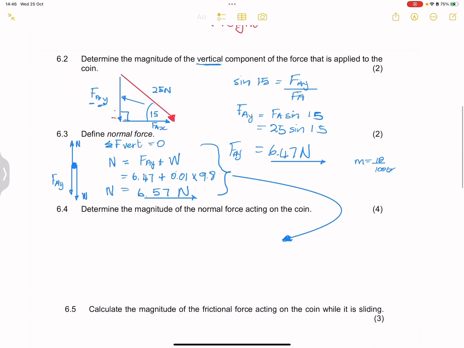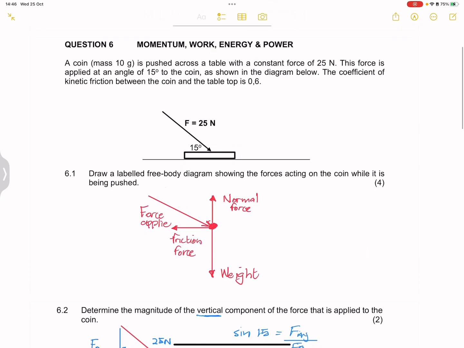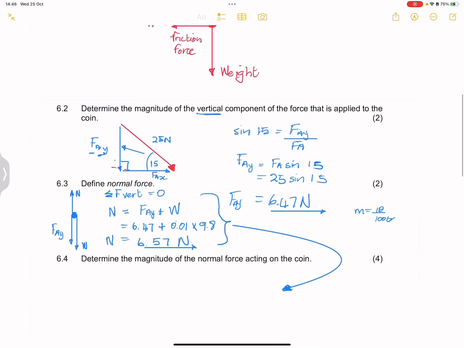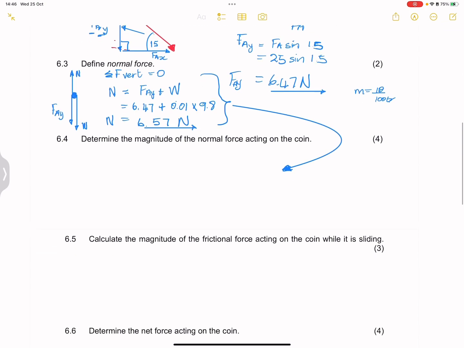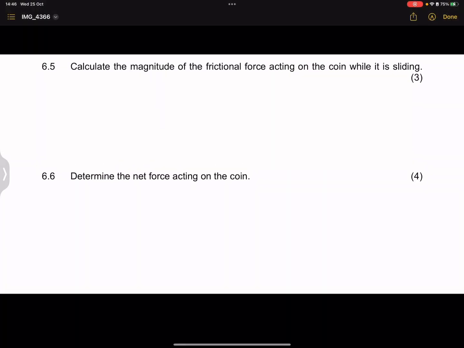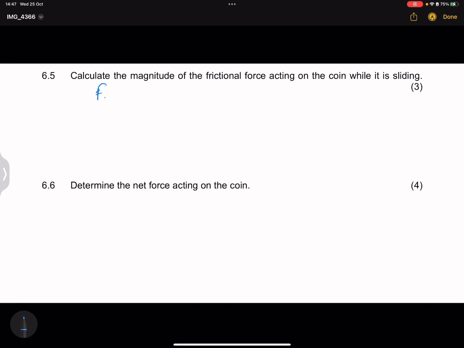Right, so remember they've given us the coefficient of friction, which was 0.6, right? And now we've got the normal force. So we can simply say, right, so friction would be the coefficient of kinetic friction multiplied by the normal force. So that would be 0.6 multiplied by